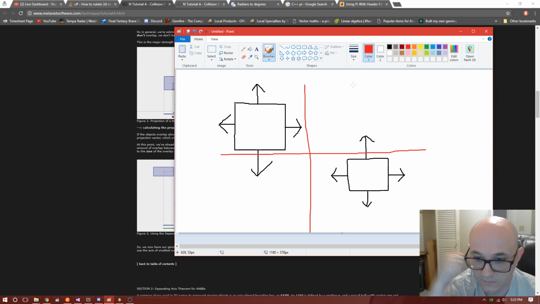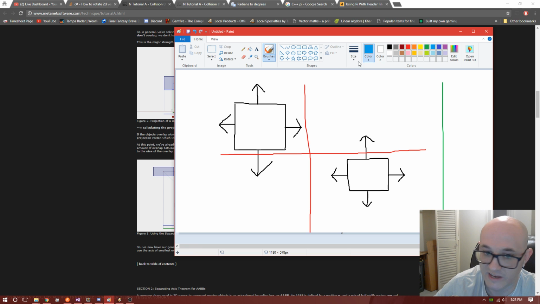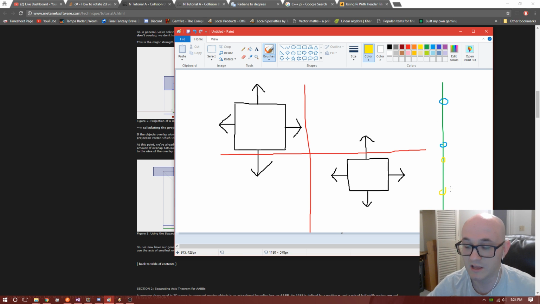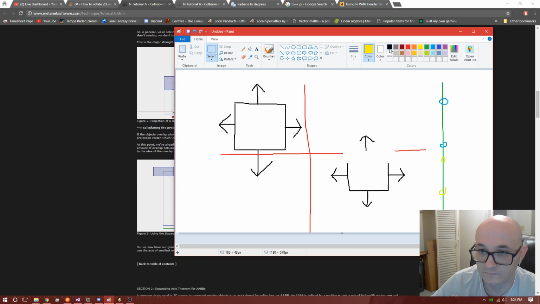Basically, I'll have a line. I'll project a line. And then for this guy, I'll take his max and his min. And then I'll take this guy, his max, his min. There's no overlap between the blue and the yellow, so I know instantly I can stop. But even if there were an overlap, like let's say this box were a little taller, so I'm gonna draw it real tall for a second. So even if this box were tall enough to where the yellow would actually be overlapping just a little bit,